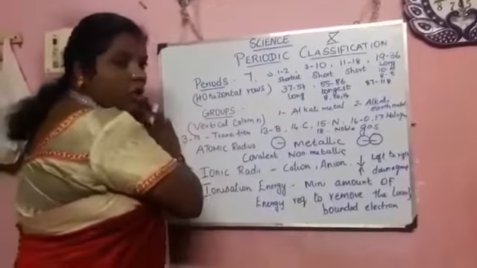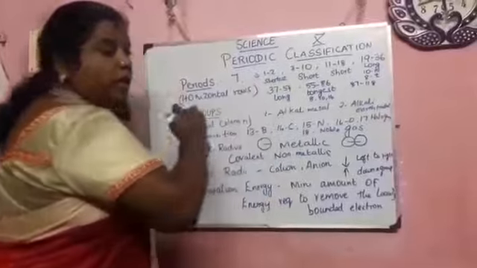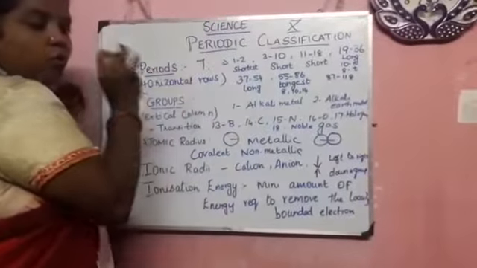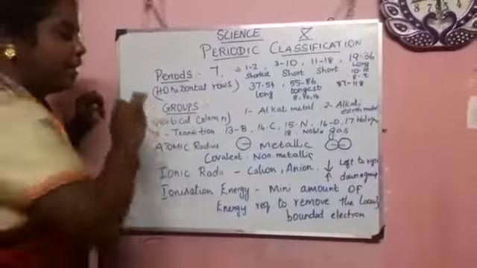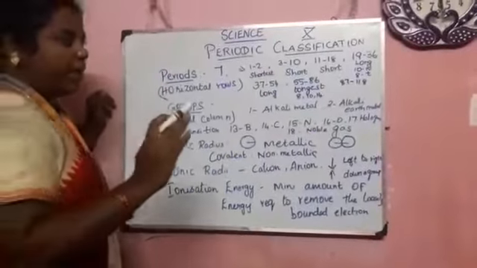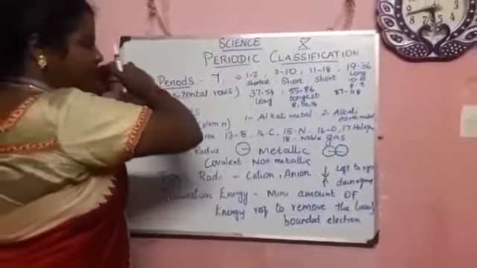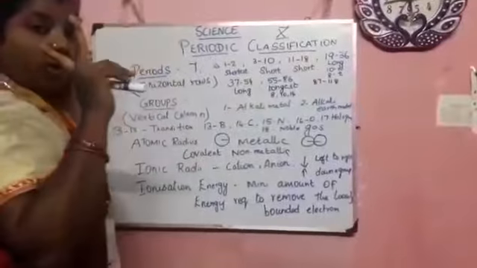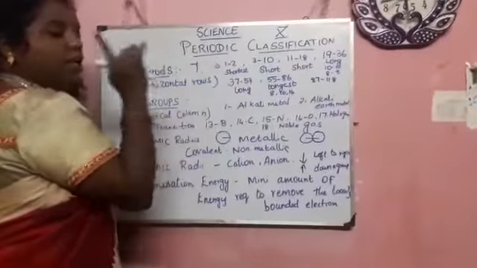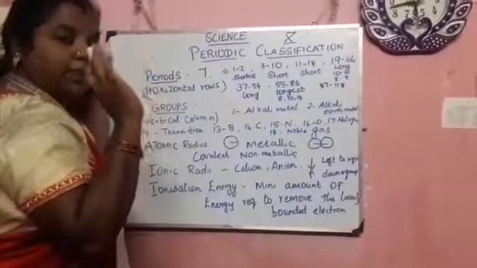A horizontal row, horizontal means from left to right, is called a period. We have 7 periods, that means 7 horizontal rows are present in the periodic table. First, in the first period, that means the first row, we have only 2 elements, hydrogen and helium. Since only 2 elements are present in it,